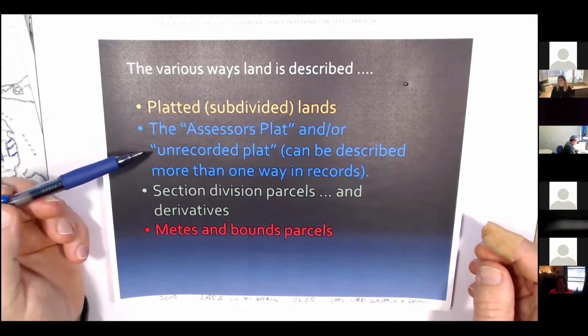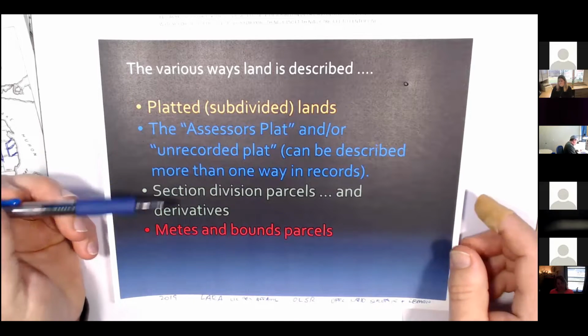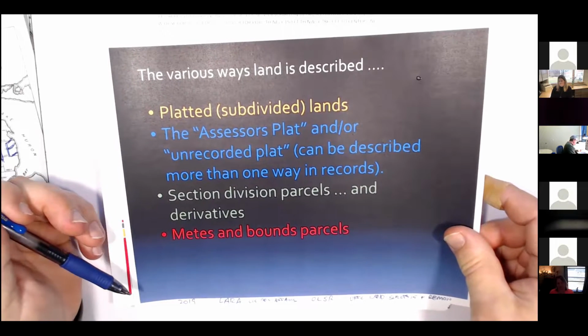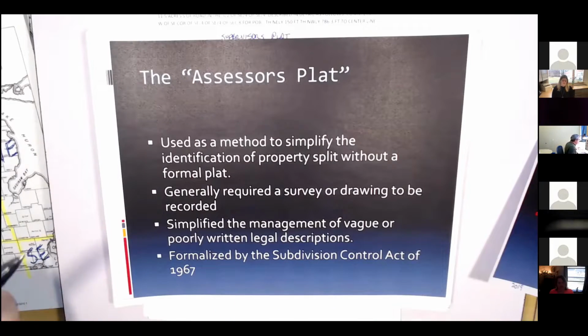One derivation of that is something that's called the assessor's plat. They were also at times called the supervisor's plat. And this is a situation where at some point in the past, John Q. property owner maybe owned a 10-acre piece of property, and he had a bunch of kids, and he wanted to give each one of his kids a part of that property, but he never went through the formal process of subdividing it. So what he might have done is he might have gone out and said, okay, well, I'm going